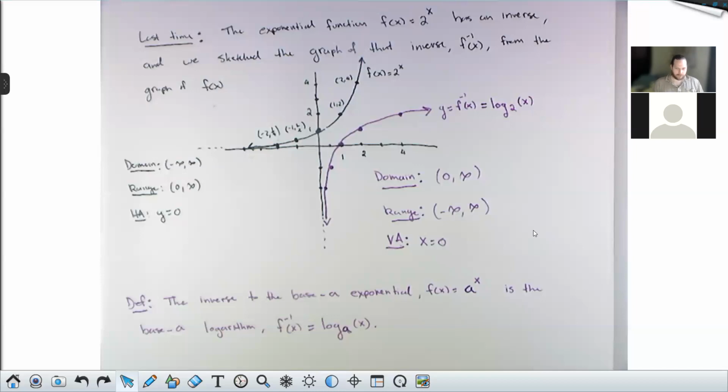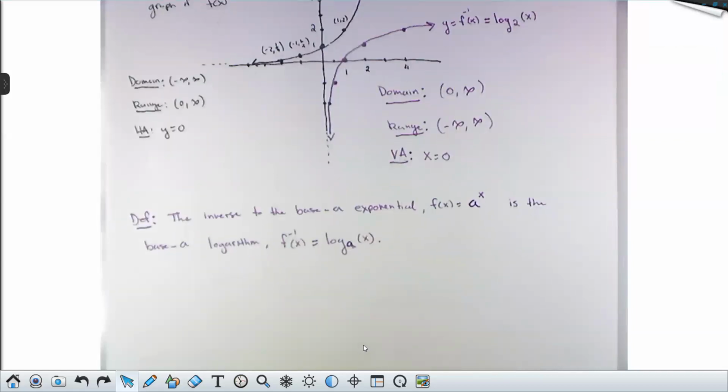There's actually kind of 3 equivalent ways to define the log, and we're going to get to all of them. What I'm going to show you next is just sort of a recharacterization of this original and inverse statement. So remember what it means for 2 functions to be inverses. It means this should exactly undo this. So if you take a number and plug it into f, and then you take that output and plug it into f inverse, you should get the number you started with. Another way of saying that